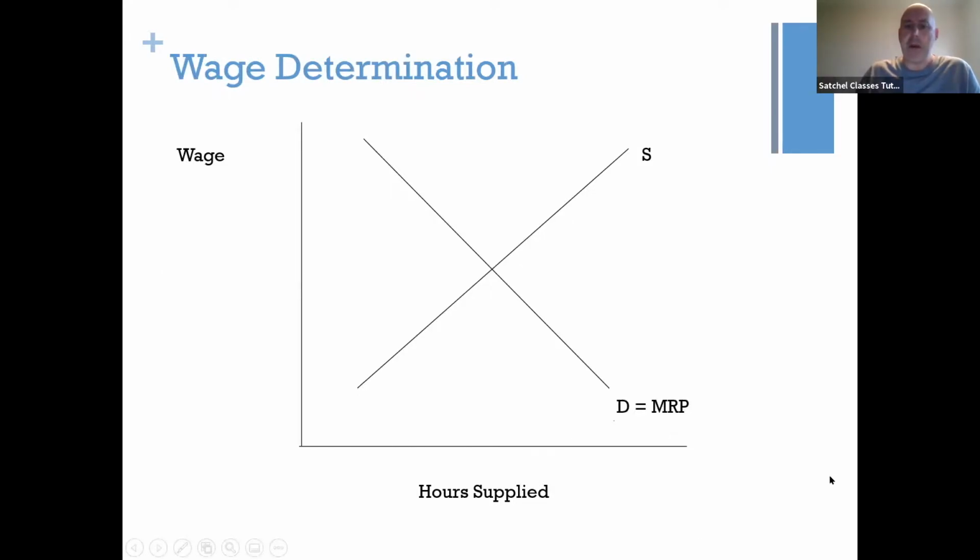Now, wages are determined by the intersection of the supply curve and the demand curve for labour. So if I just get my pen and I'll draw a line across, there we go, and a line down. It's just like supply and demand theory, but in this case we've got L for labour, hours supplied,